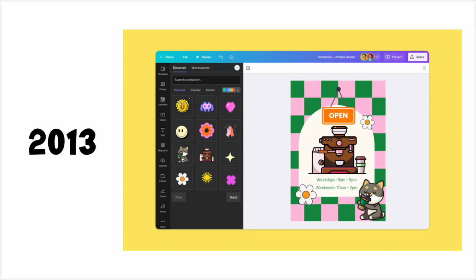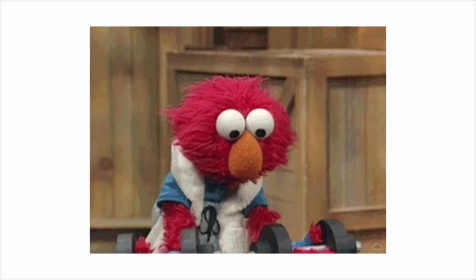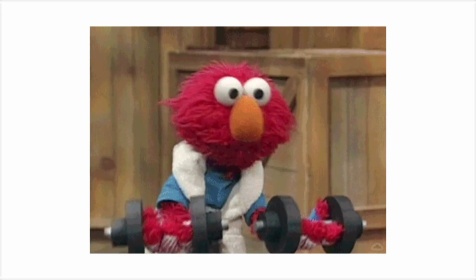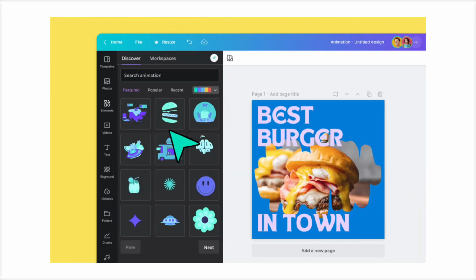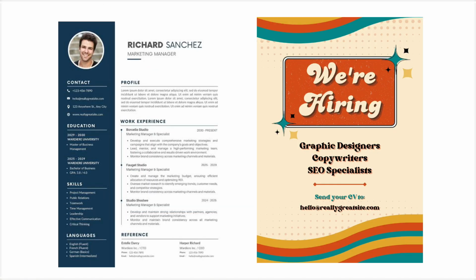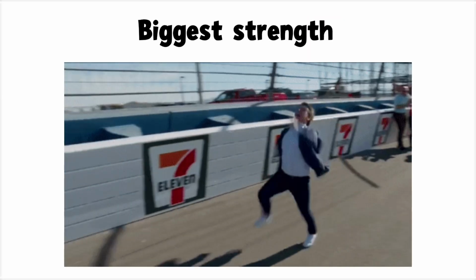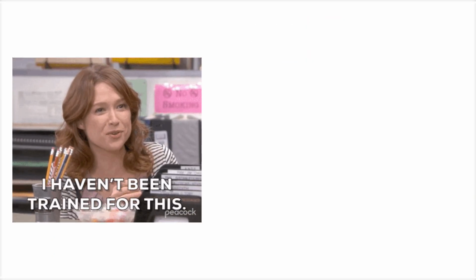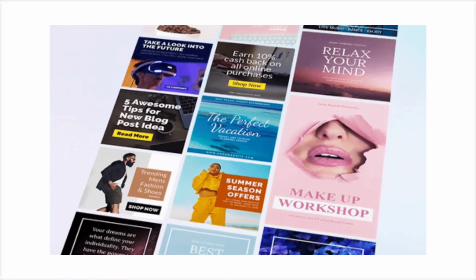Canva launched in 2013. Canva is a cloud-based graphic design platform that made design accessible to almost everyone. Instead of requiring years of training, Canva uses a simple drag-and-drop interface with thousands of templates for social media posts, presentations, posters, resumes, flyers, and marketing materials. Its biggest strength is speed. Even people with little to no design experience can create professional-looking graphics in minutes, using pre-made layouts, stock photos, icons,